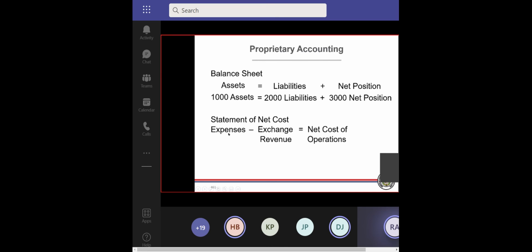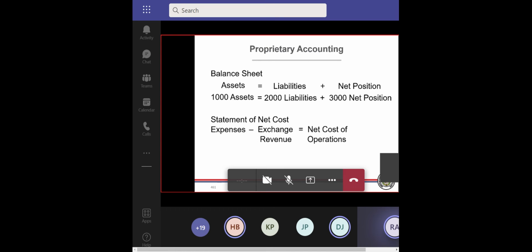This is that net cost equation I told you. We start with gross expenses. We reduce that by exchange revenue or earnings, and that gives us our net cost of operations. So there's just a couple of proprietary accounts that they want to talk about. Now, that is it on PowerPoints for the next 4 or 5 pages out of the course textbook. So I'm just going to have to talk to you about some of this stuff, and you can jot it down here. But the only one I really want to bring to your attention is